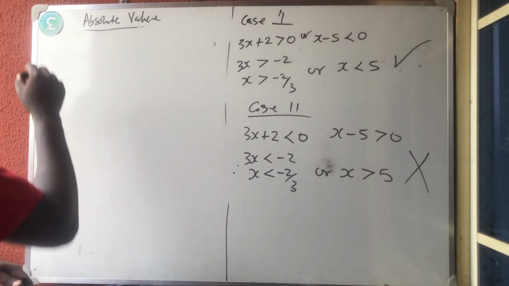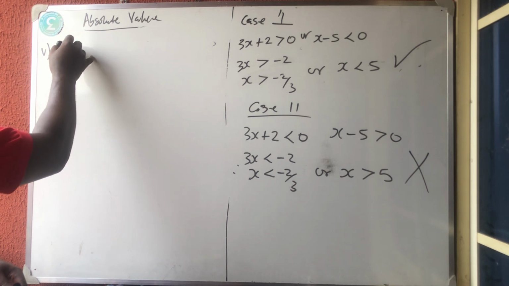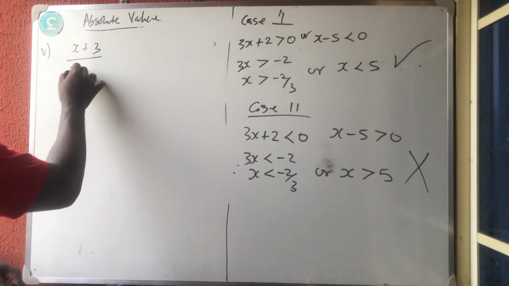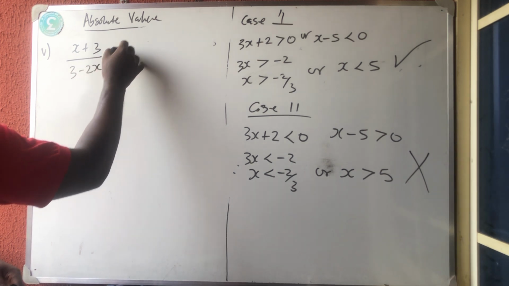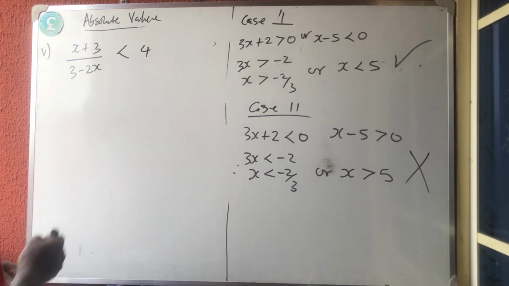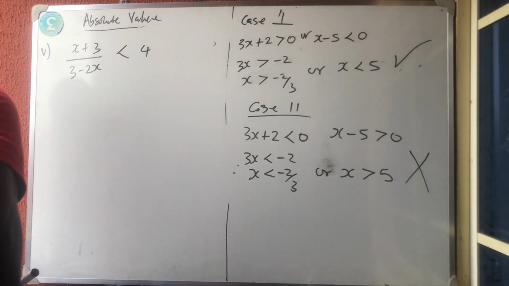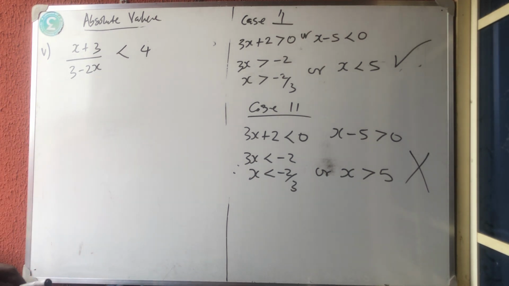Okay, so the next one said x plus 3 all over 3 minus 2x is less than 4. As for me, what I'm going to do here is